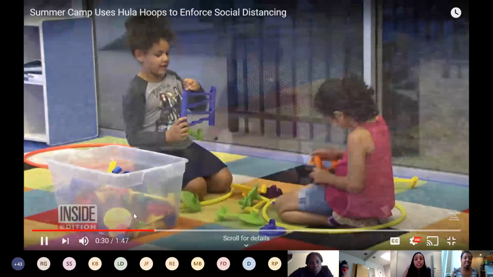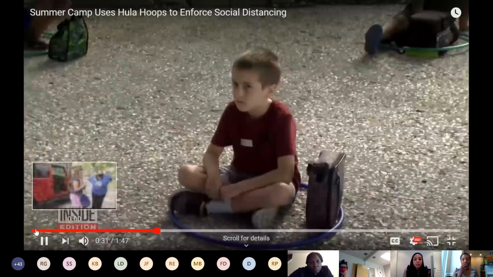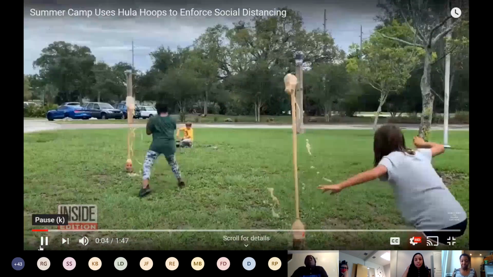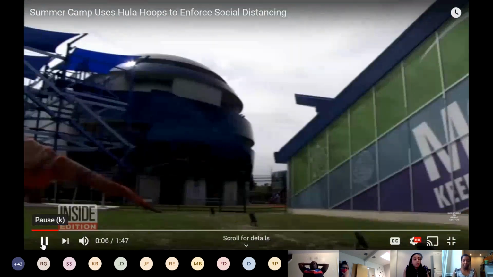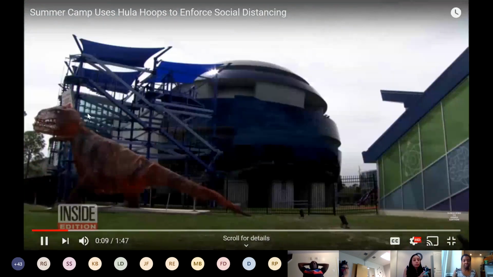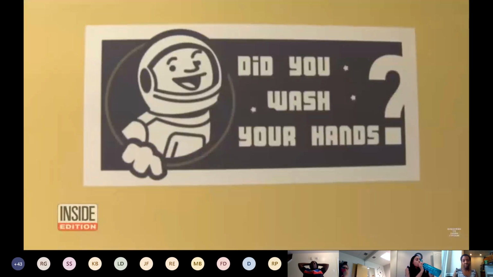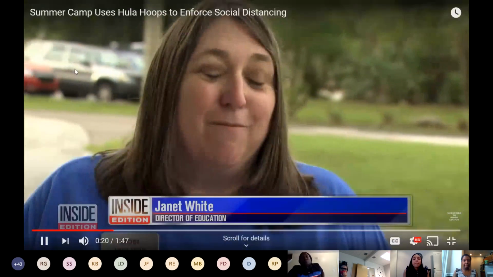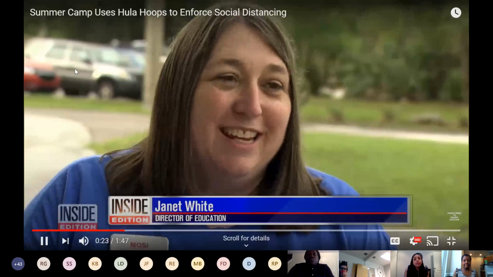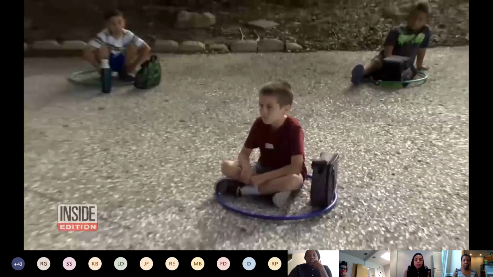Forcing social groups to keep in session. Kids are getting a much-needed break from life at home at MOSI, the Museum of Science and Industry Day Camp in Tampa, Florida. Camp administrators had to implement lots of safety precautions in order to open. How do we get the kids into camp without doing their normal touching and hugging? Because it's a summer camp family. We have many kids who return year after year. So it's like seeing your old camp friends every year, and it's exciting for them. One way they're enforcing social distancing, hula hoops, to keep the littlest of the little ones 6 feet apart.